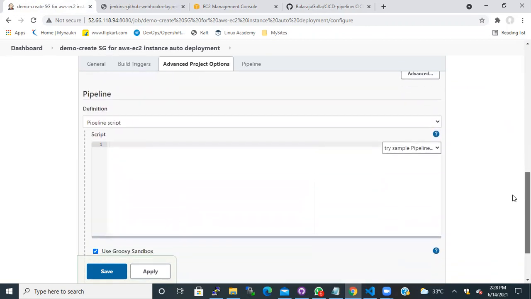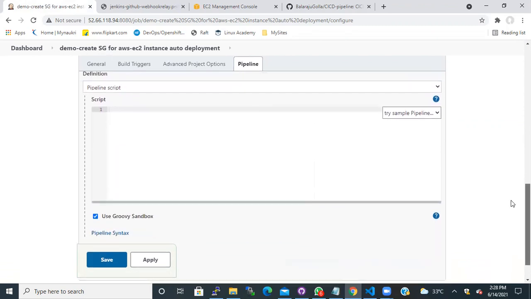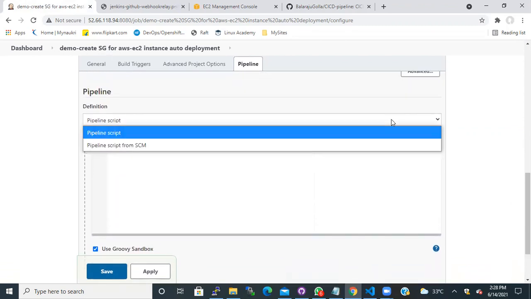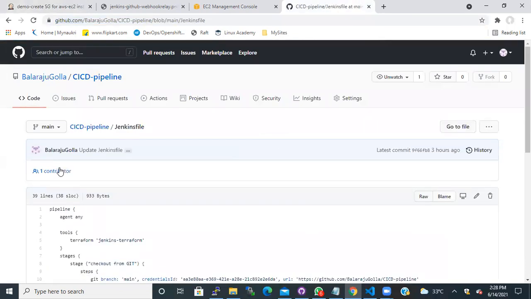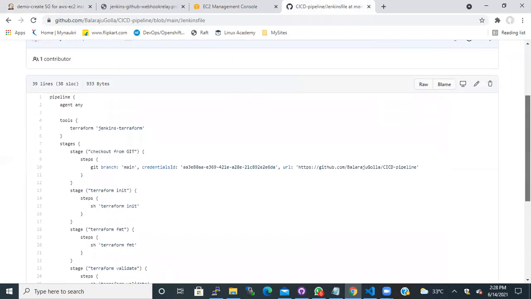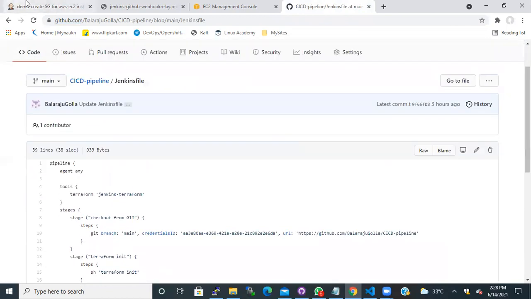And then if you come down, we have something called pipeline. If you want to do the pipeline through a script, you can do it. The only change, guys, in this case, is that we already have a pipeline script, right? And we don't have to write anything here separately.